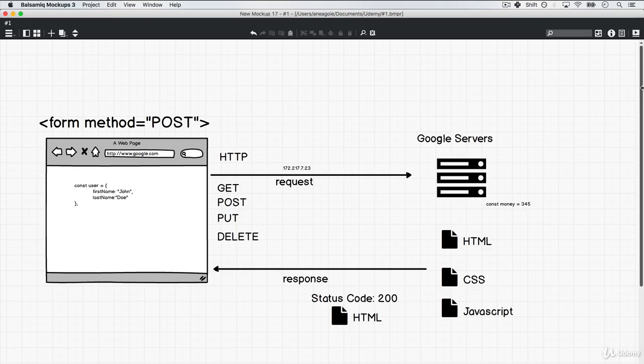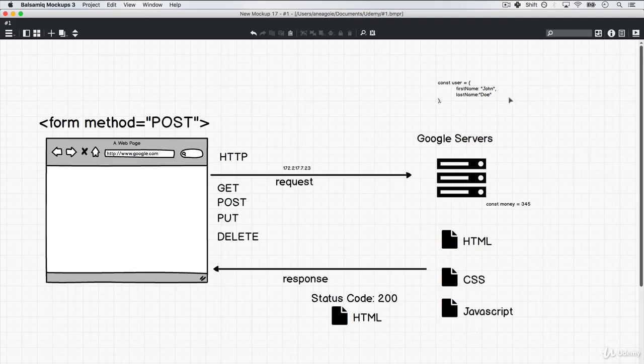When exchanging data between a browser and a server, the data can only be text. So we can't just send a JavaScript object such as a user with first name John and last name Doe. One, because HTTP won't understand it. But also, if we were sending this data to Google servers, well, unlike the front end, the web browser where